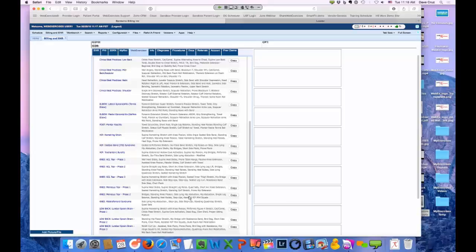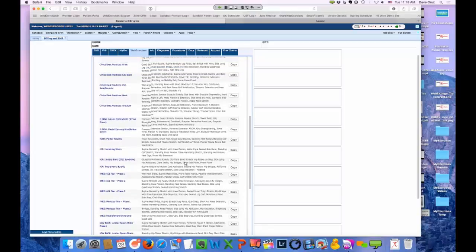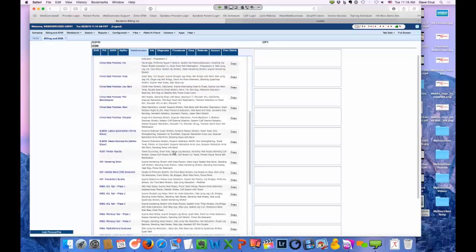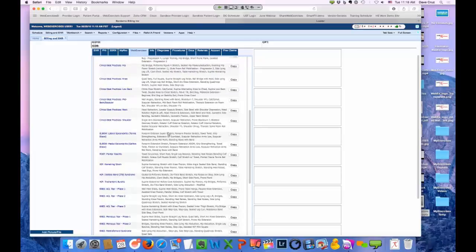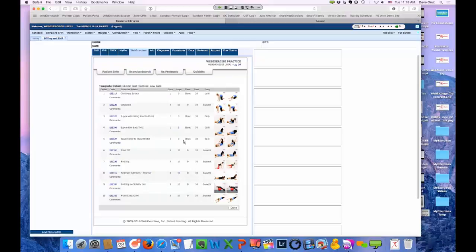To make it simple. The other thing which is really great, which we like to also give back, is in the sense of some of the data which we get, that is the clinical best practices. This is an aggregation of what all providers are doing that use WebExercises. We've had, I think, 5-6 million exercises, more than that actually, go out through our platform. And what we're able to do is say, I want to see the top 10 low back exercises that are being prescribed. Now, the significance is that has to do with standard of care.